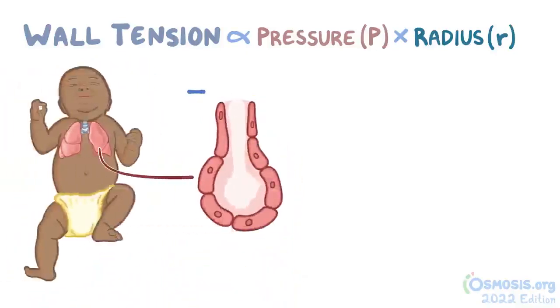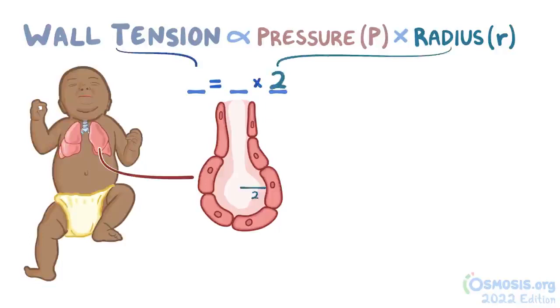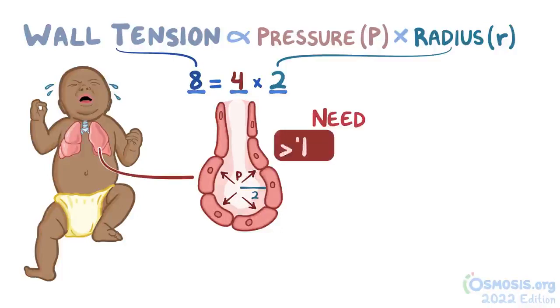Let's plug in some easy imaginary numbers and forego units to make this concept easier to understand. Normally, an unused alveolus in a newborn is collapsed. So let's say it has a radius of 2 and the wall tension is 8. The baby starts crying and inhales. The pressure of the inhaled air in the alveolus is 4. So our equation is 4 times 2, which gives us 8. And since this is the same as the wall pressure, the alveolus doesn't expand. In other words, the baby will need to breathe in enough air to generate greater than 4 units of pressure